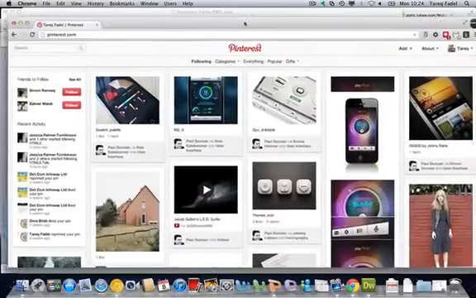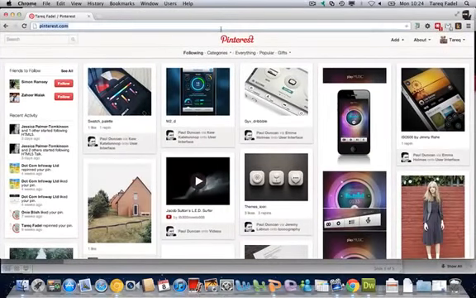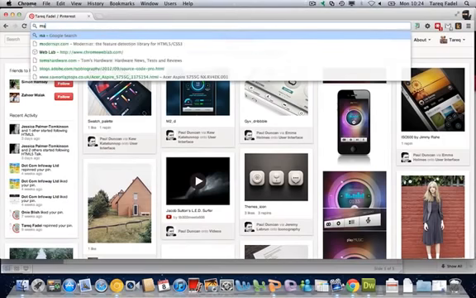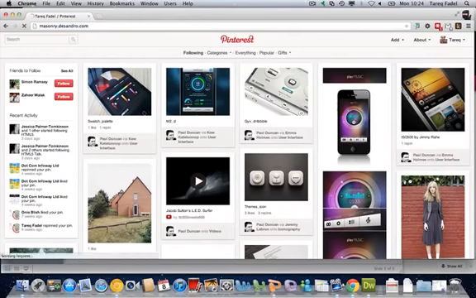And this is a lot better than using CSS floats. So I'm going to be introducing a jQuery plugin called Masonry. So if we go to masonry.desandro.com,